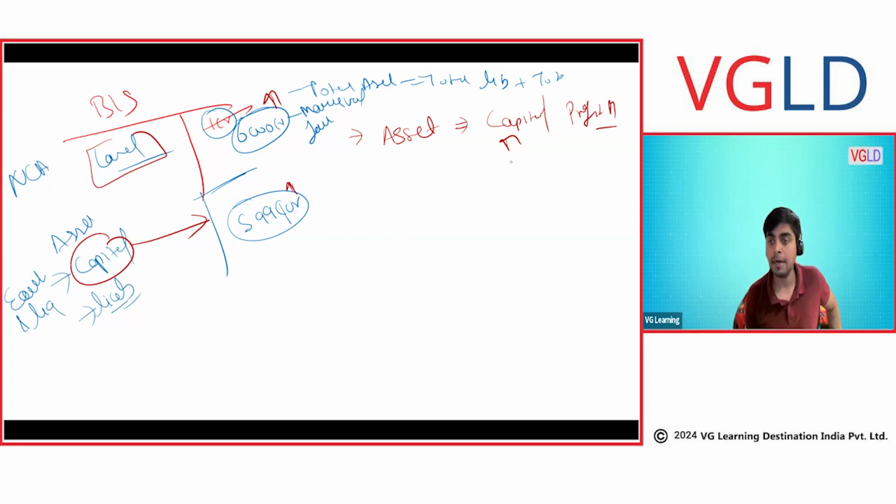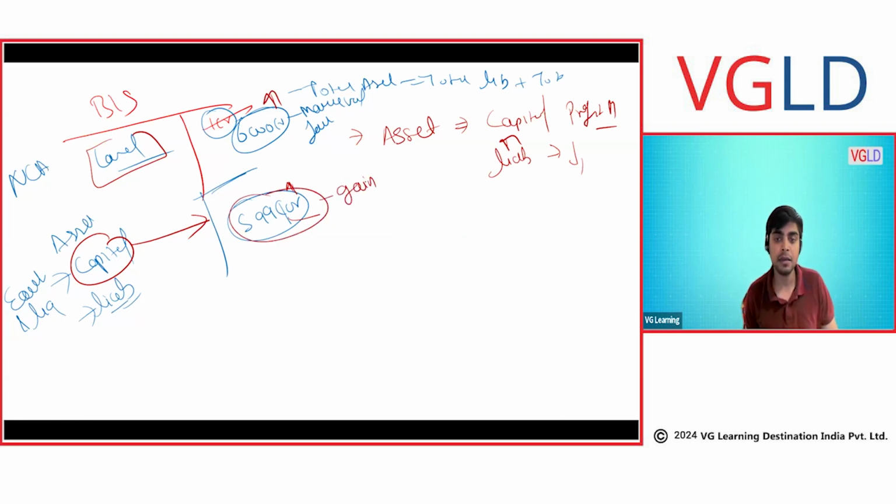Or liability reduced. We will learn in chapter number 2. We'll discuss this in detail. Liability reduced. So what happens here? If I draw this basically